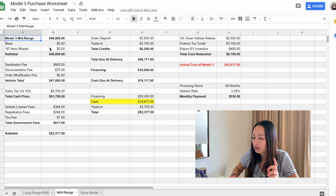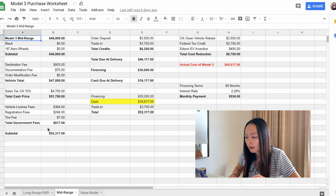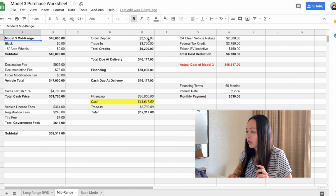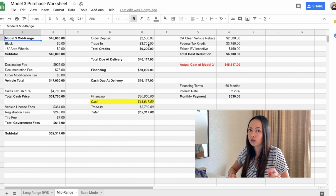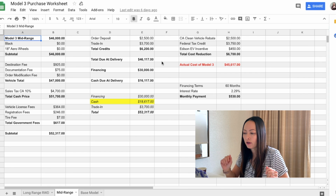Now, assuming that the destination, documentation, tax, and license fees are all the same, and if you add it all up, for the mid-range, you're looking at $52,317. And now, if you do a $2,500 order deposit, and then let's say I still kept my BMW 328i trade-in at $3,700, then the total credit will come out to $6,200. And that means when I go pick up my mid-range, I will have to give them